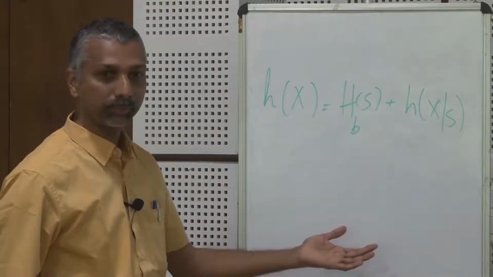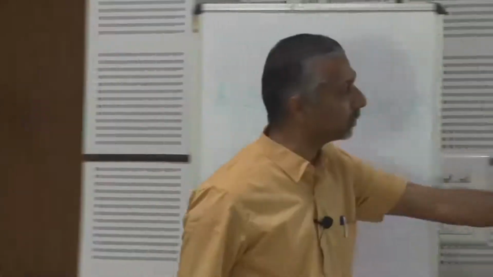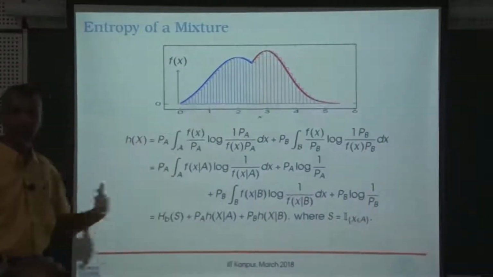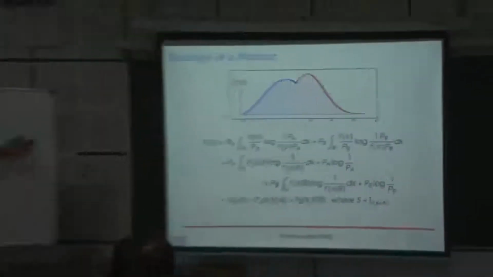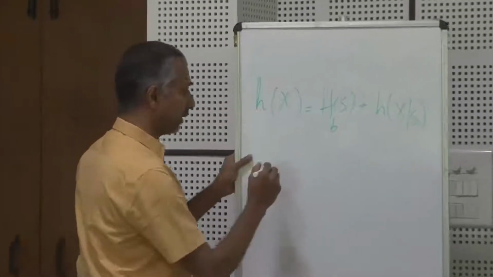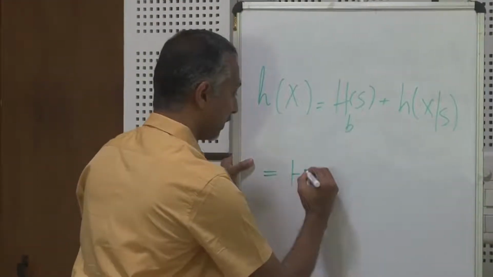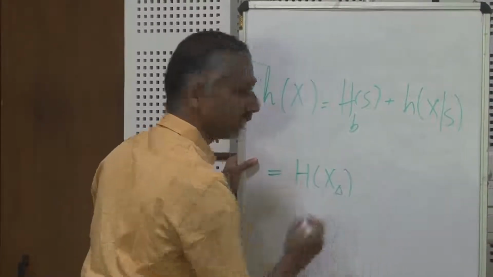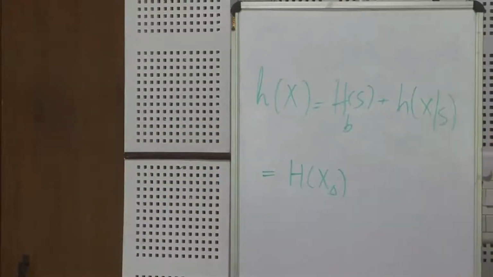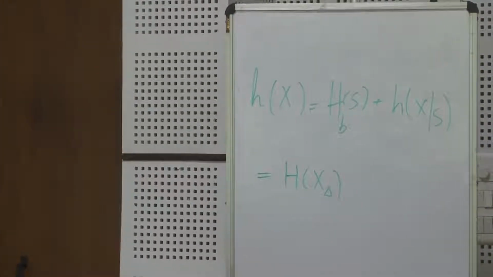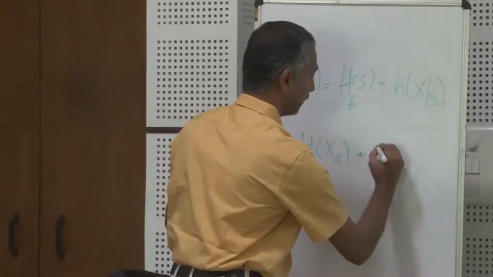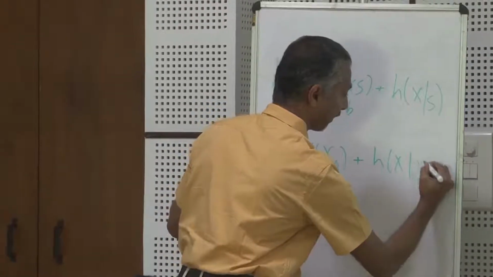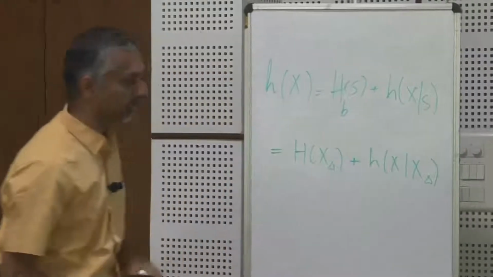Suppose I keep on doing this, suppose I take each rectangle here as a different portion, what will you get? So, I keep again breaking down these quantities further. You get that eventually you will go to h of x delta, that is the entropy of where you are here. So, the switch will tell you which box, rectangle box you are in, which is nothing but the quantized entropy of x, plus the entropy of x given x delta,